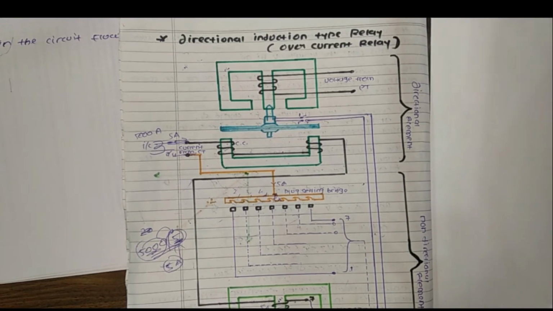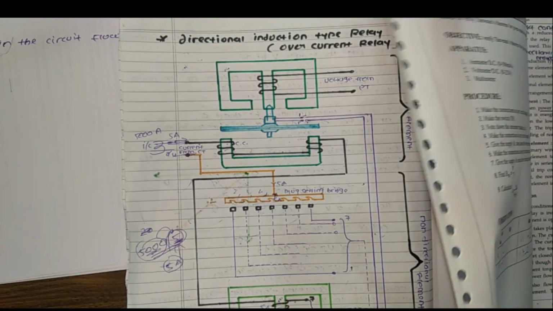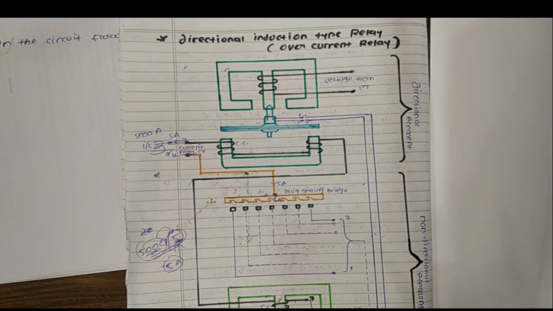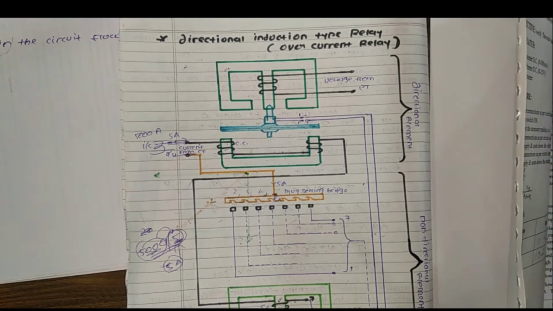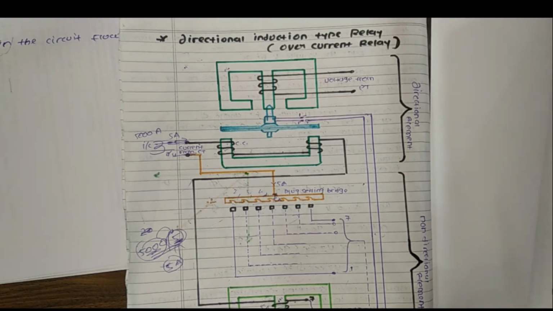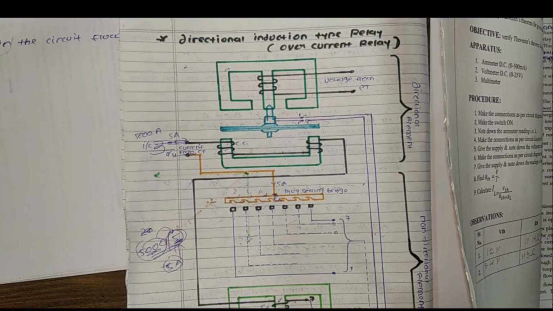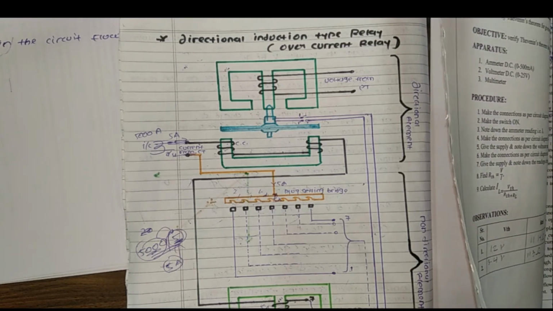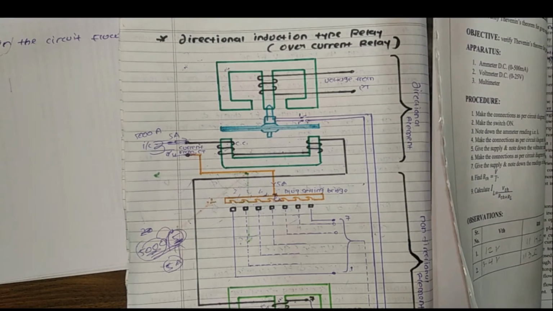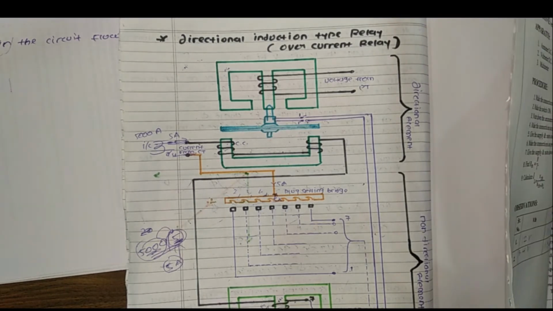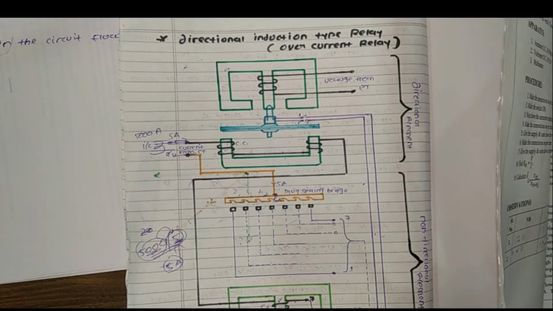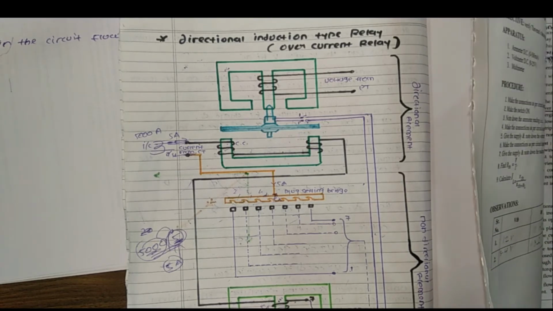So moving further with the directional induction type relay, this is the type of overcurrent relay which is directional induction type relay. Under short circuit conditions the voltage falls drastically, and such a reduced voltage may not be sufficient to produce the driving torque which is required for the relay operation. Hence in practice the directional induction type overcurrent relay is used. This relay operates almost independent of system voltage and power factor also. So a directional power relay is not suitable to use as a protective relay under short circuit condition.